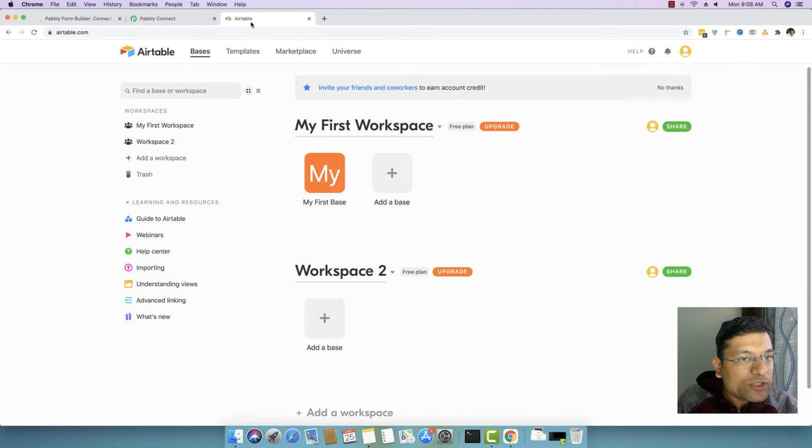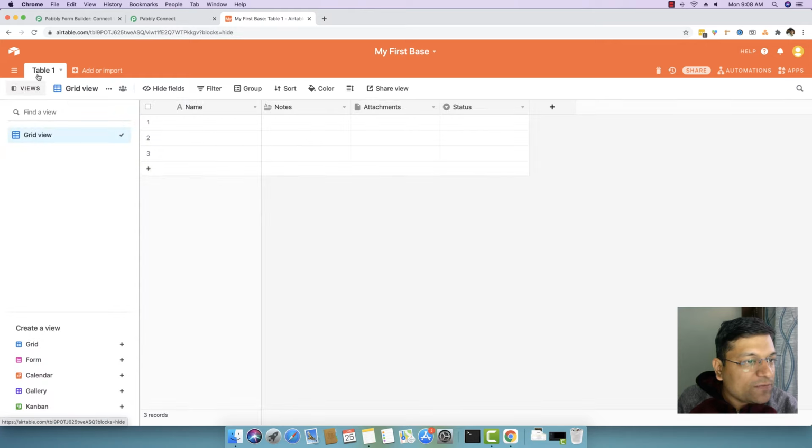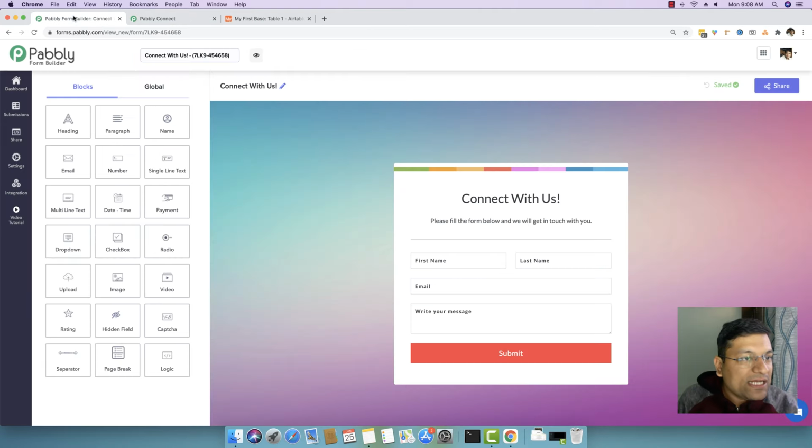Also, in the meantime, I will show you what exactly I have inside my Airtable account. So you can see I have already created my first workspace, and inside my workspace I have created a base. The name of my base is My First Base, and inside the base I have a table called Table 1, and it has 4 different fields. The field names are name, notes, attachments, and status. Okay, so let me create this form so that I can send the data from the form to Airtable